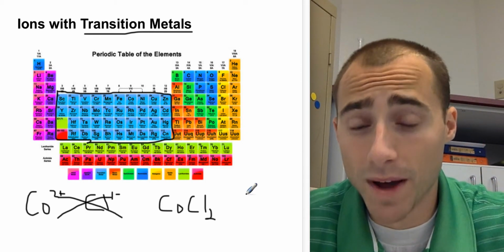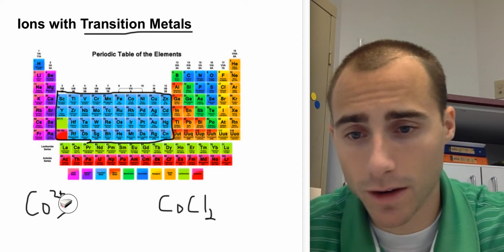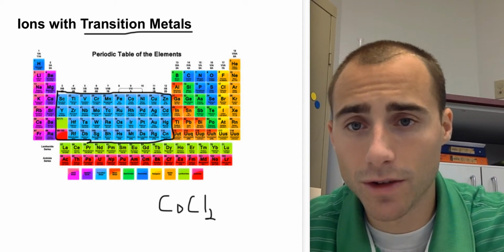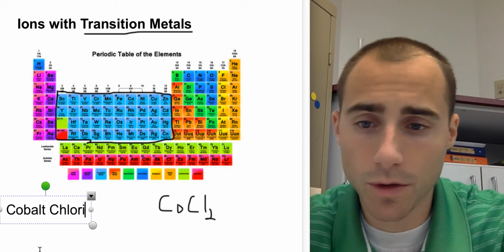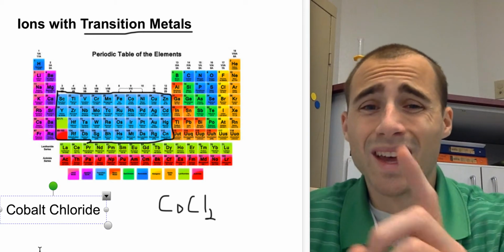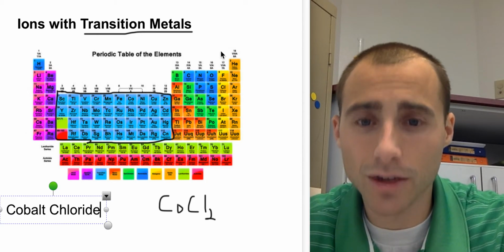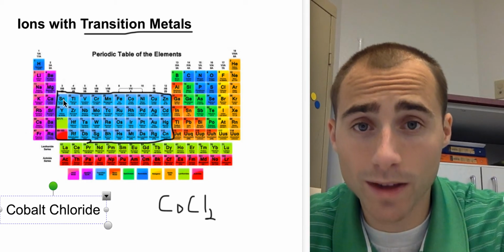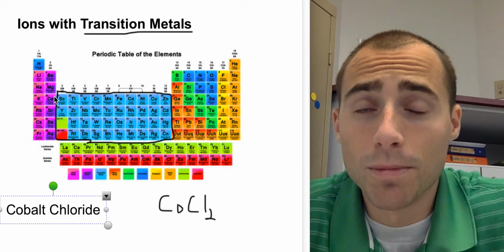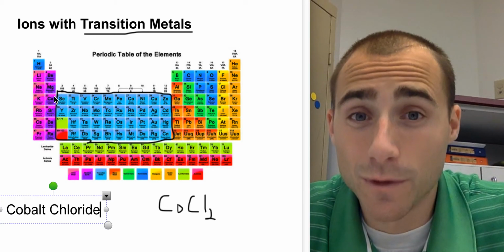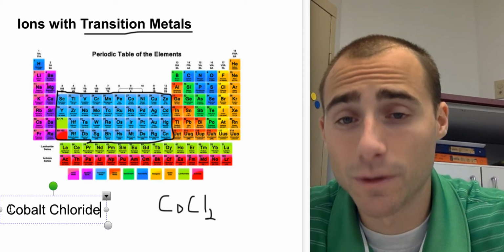Pretty straightforward. But if we were to actually write that out, it would look a little bit different. What you have to do with transition metals, we put cobalt, that's the same, and then we would normally put just chloride, right? Cobalt chloride, everything looks good. But transition metals are unique. They can have multiple charges. You know how Cl is always 1-? Beryllium is always 2+. I had you write all those down on your periodic table. The reason we skipped here is because they can be 1+, 2+, 3+, and sometimes 4+. Like cobalt right here. Cobalt can have a charge anywhere from 1+ to 4+,